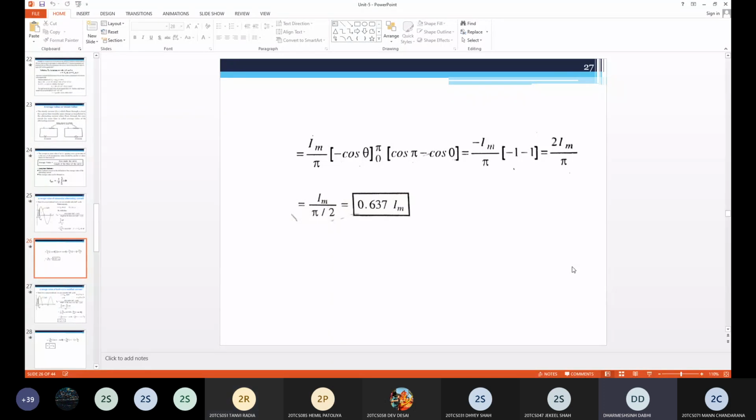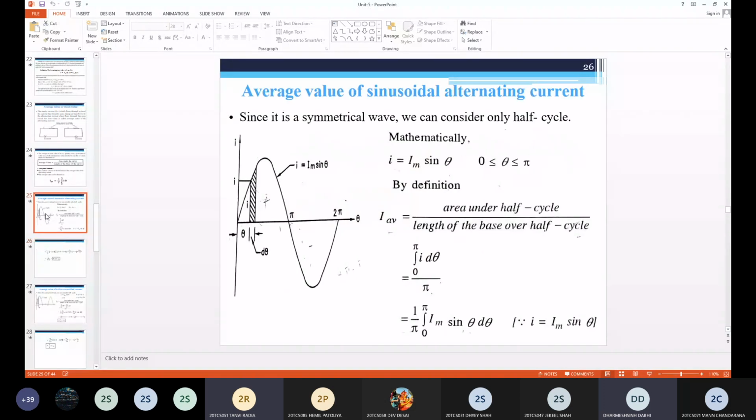See, in mathematics and here in electrical engineering, to find the average or RMS value, you can find two or three methods. You can use any method, there is no problem. Okay, sir. Is there any other doubt to anyone in this chapter? Anyone? Any other doubt? So I move to the next chapter.